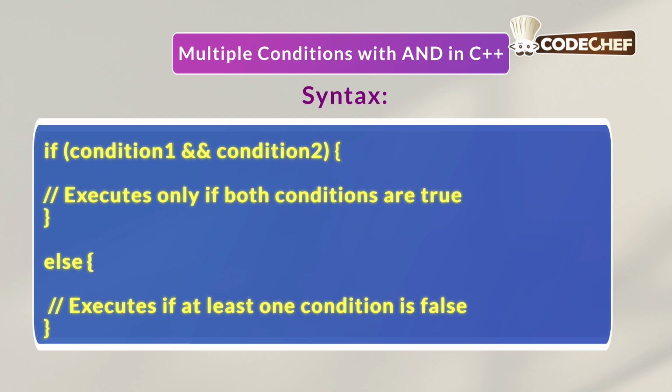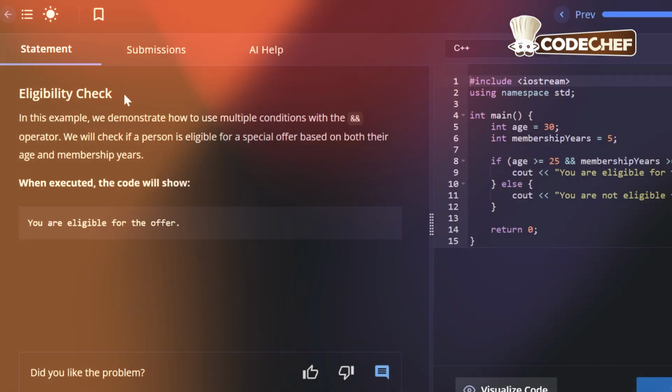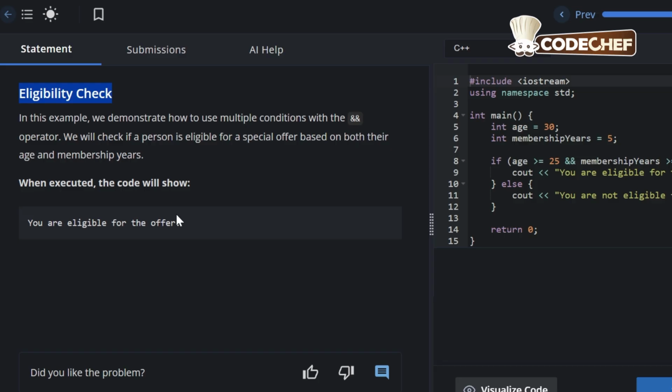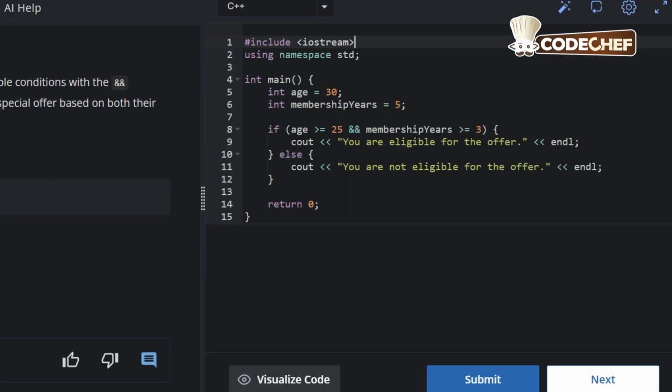Let us go to the CodeChef platform and see an example of how to use multiple conditions with the AND operator. The program objective is an eligibility check and the expected output is: you are eligible for the offer. Coming to the code, #include <iostream>, using namespace std;. Then int main. Now inside the main function, int age = 30; then int membershipYears = 5;